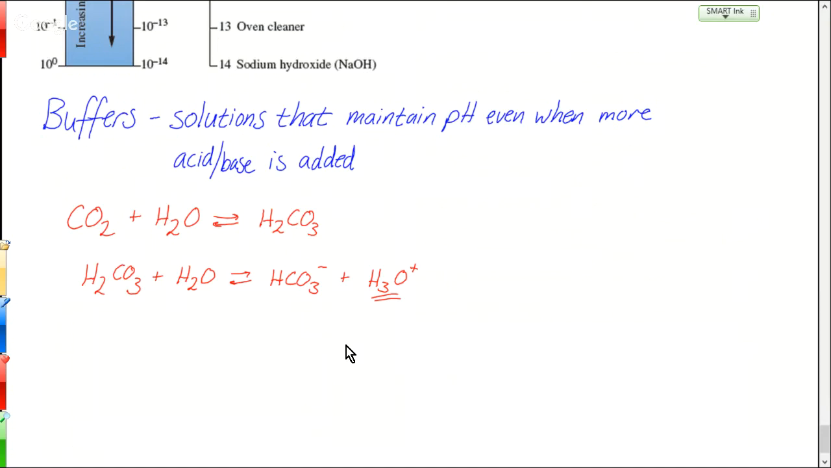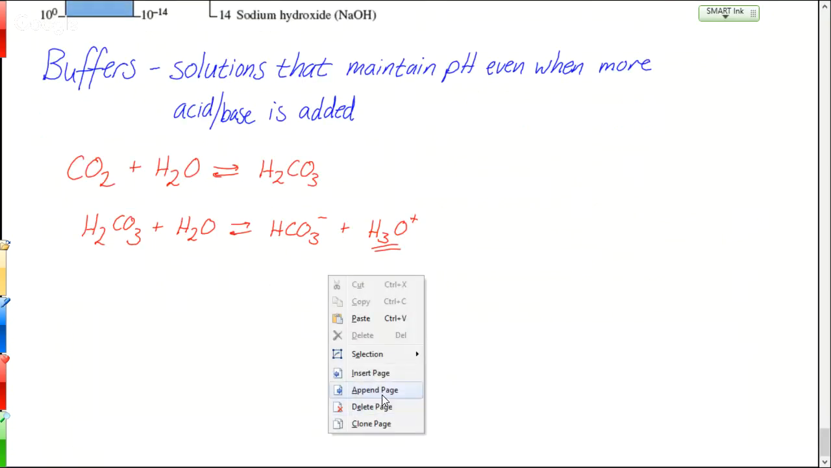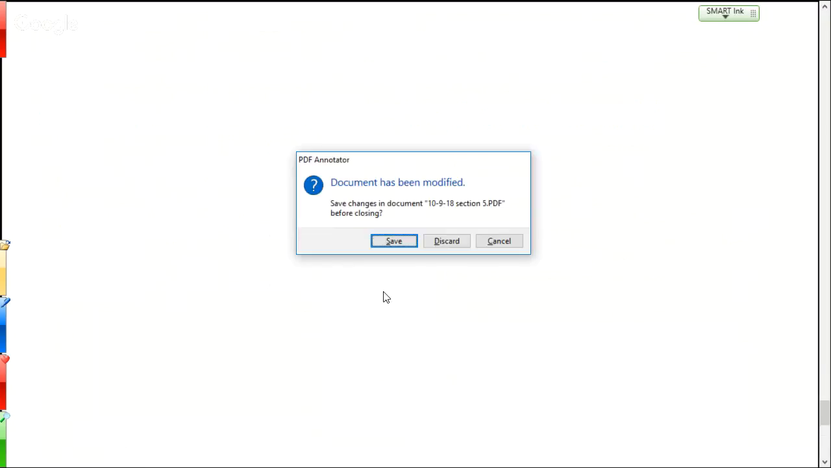All right, so that's buffers. I think that pretty much does it for acids and bases. So any more questions about the acid-base stuff? All right. Our next topic then, actually, I'm going to change files. Start fresh here. And we're going to talk about